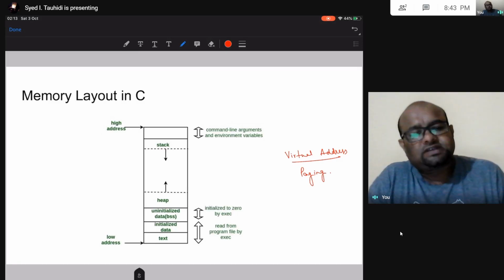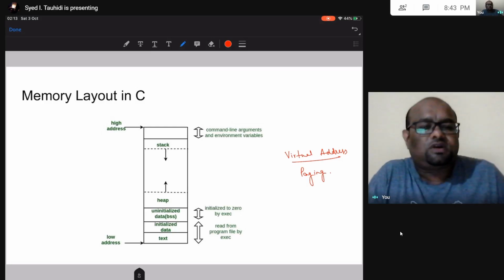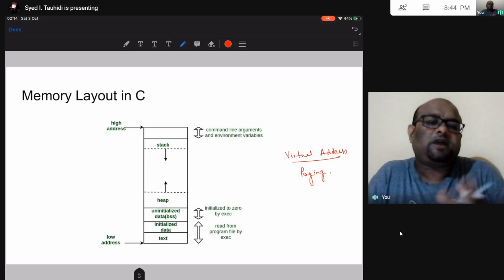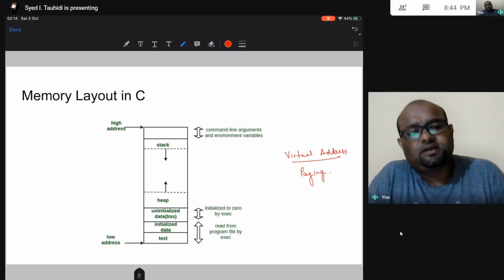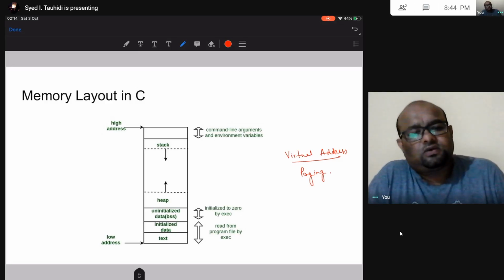The parts that you are accessing out of this 4 GB in your 2 GB computer, only those parts will be kept in RAM. The parts that you are not accessing right now, or did not access recently, will be kept in your secondary memory, your hard drive. So this is a very good feature. This enables us to create programs that use memory larger than what is available to us.